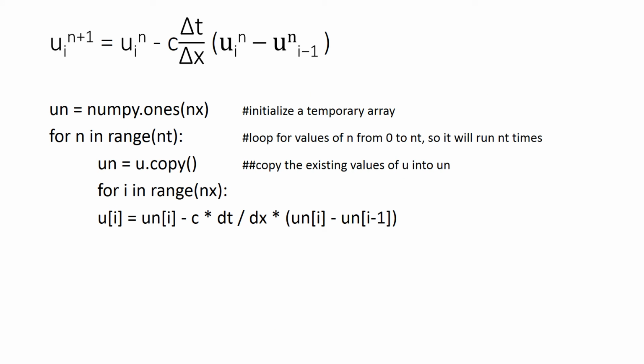So now we will move to the final step of discretization. So we have the discretized equation which is written here. So now we will call a temporary array un, and this temporary array will store all the existing values of u. Why it is required is, since we are using a for loop, and at each iteration the value will go on changing. That's the reason we are calling this temporary array.